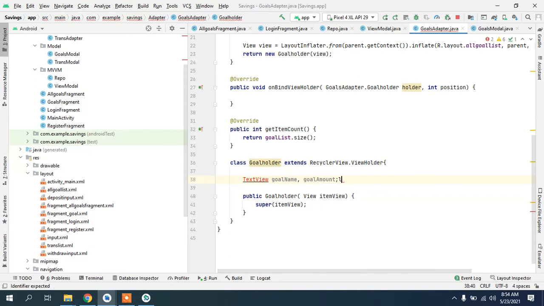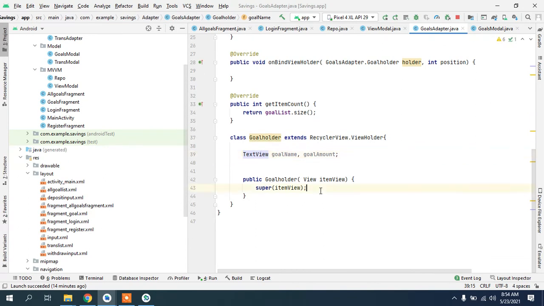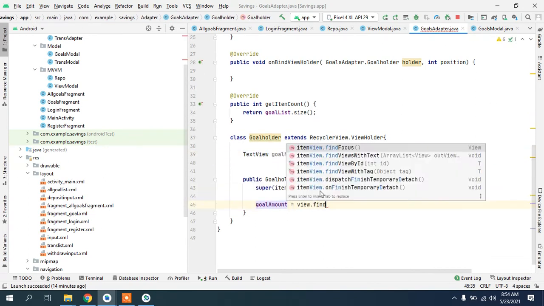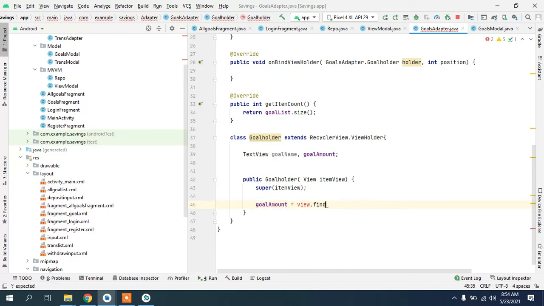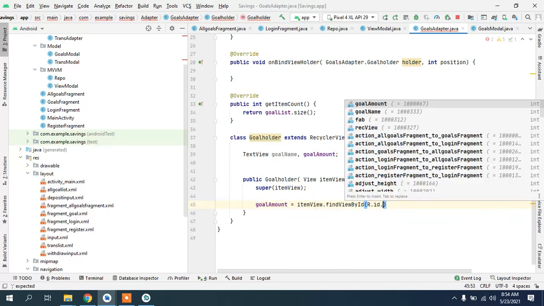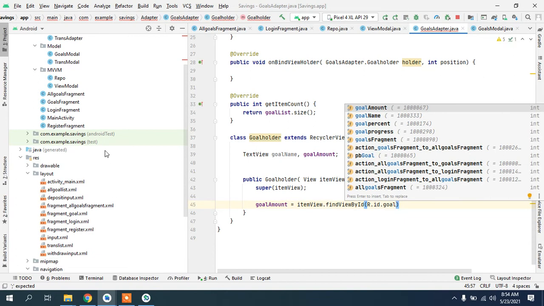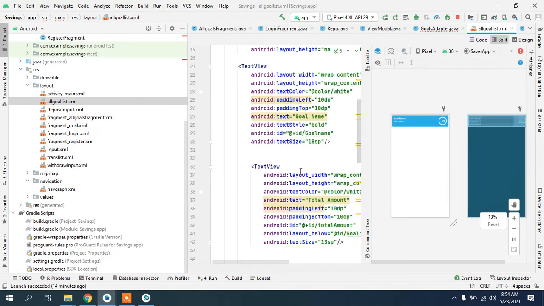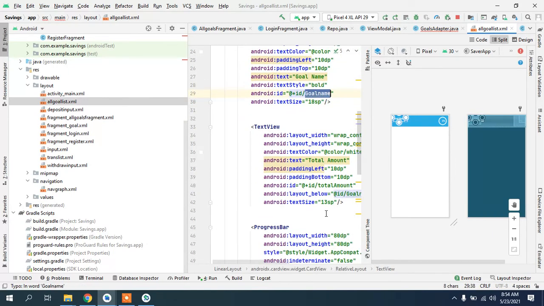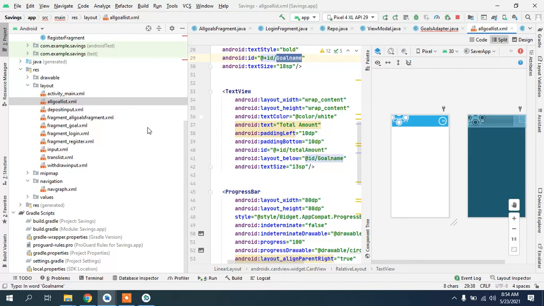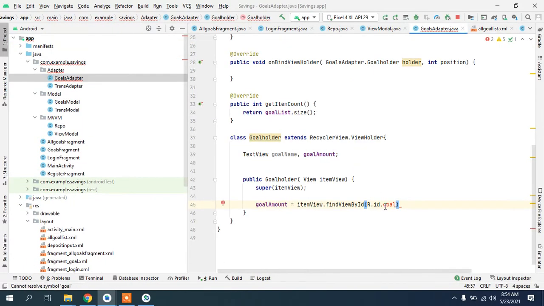Let's try to, okay, and goal amount view, find view by ID. So if I go in here and see goal name and total amount, okay, this is the name that I have given to this. Oh, total amount. Goal name is going to be